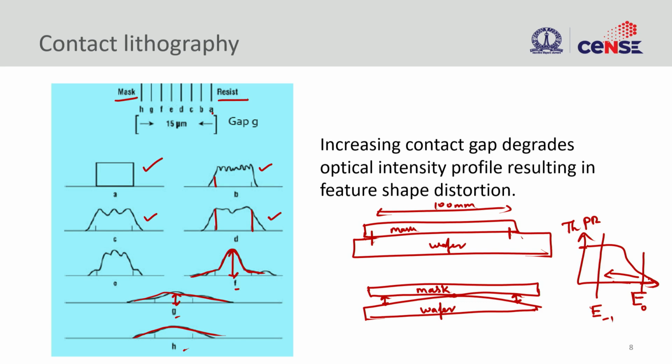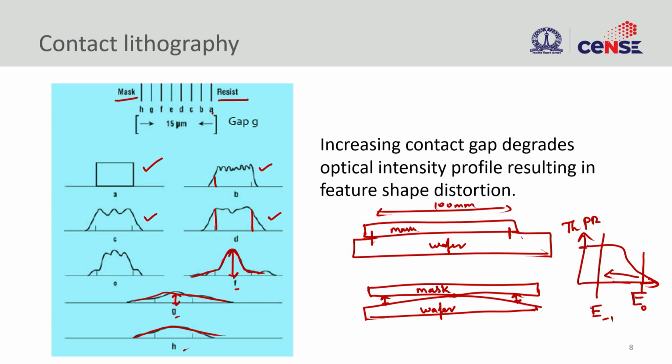So this gap not only affects your critical dimension, but also, going beyond a certain gap, it will result in unexposed parts or underexposure. So it is very important to understand the level beyond which you will not have any illumination at all. The reason is that in proximity printing, we give some gap, and there we know the gap, so that we can actually calibrate our dose, or the amount or intensity of light that we are going to